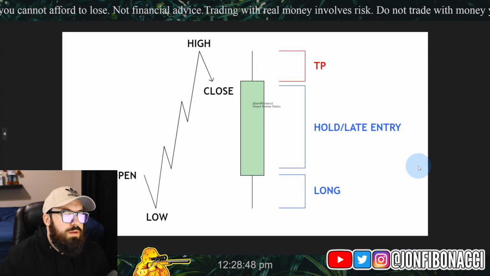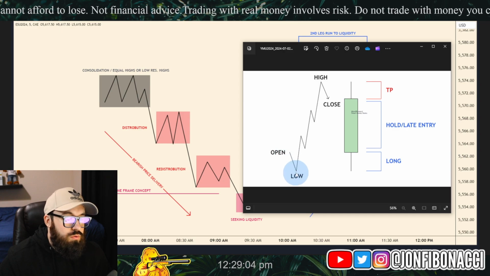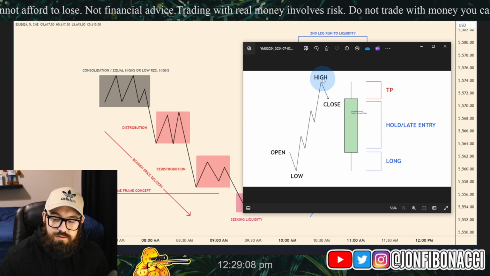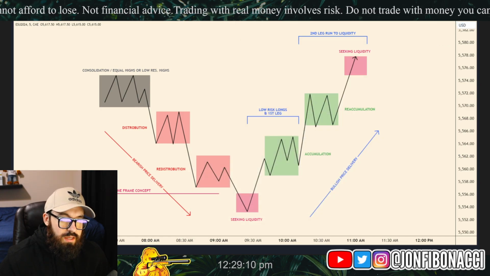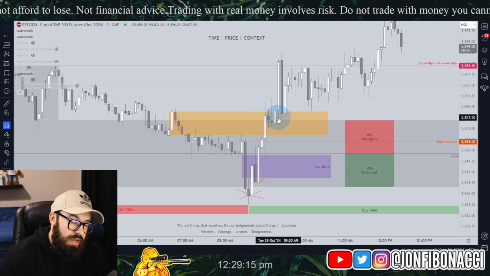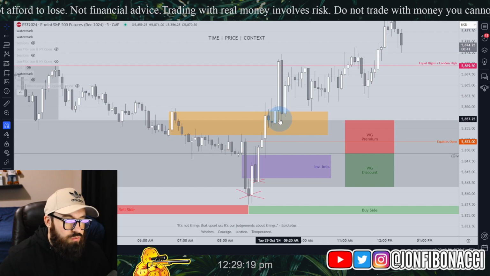I don't know. Remember this gem right here? Remember this thing? Open low, long, and trade higher. You're buying below the open of that candle. Right there. I got in a little bit earlier than that, to be fair, but walking you through